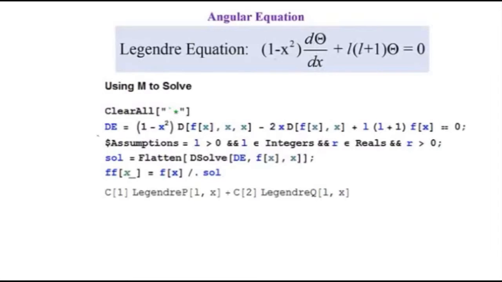So here's our differential equation. It's exactly equal to what we had before. So if you take this equation here, you can see the terms right here. Here are our assumptions in terms of the value of L: it is positive, and it's a member of the integer set, and r is real and greater than 0. So putting those in, we can solve the equation. So this would be our theta function, so this is our theta of theta